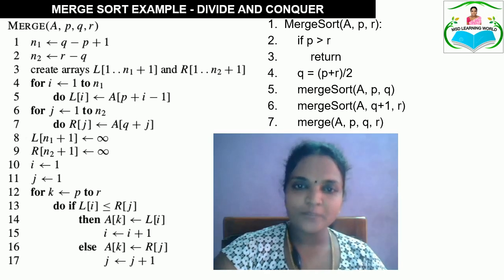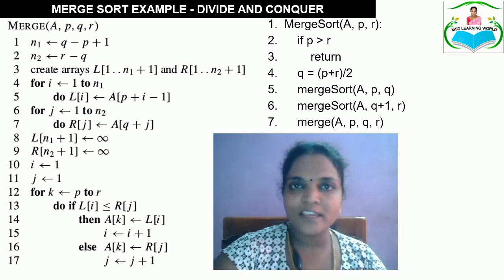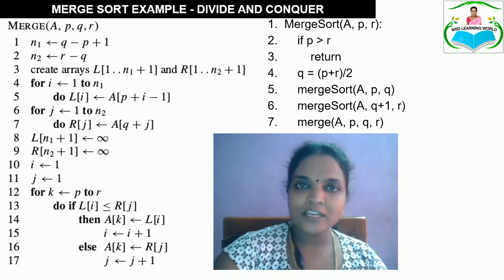Now coming to the algorithm, here the merge sort is going to get the input elements as array, then the starting pointer p and the ending pointer r. If p is greater than r, then you are just returning, because the p element has to be smaller than the last element. The first element index has to be smaller than the last element. If it is not satisfying this condition, it is returning, else it is finding the midpoint value as q. The midpoint value is nothing but the index of the middle element, that is q is equal to (p plus r) divided by 2. Then after finding this q, it is again and again going to subdivide by calling the merge sort algorithm recursively.